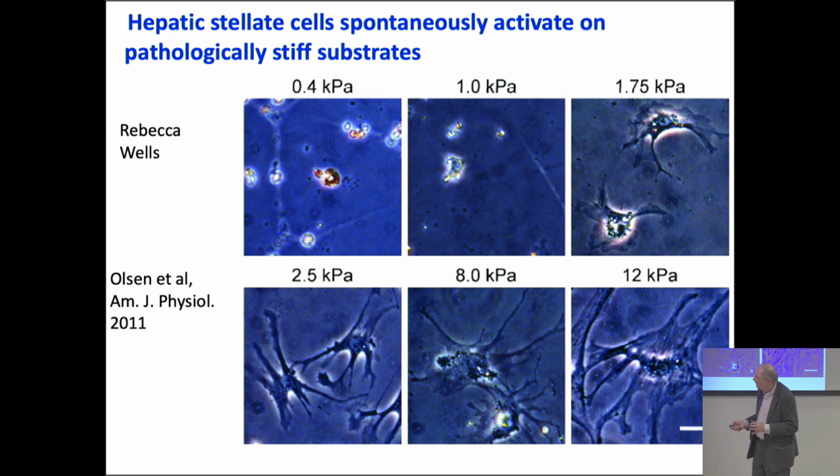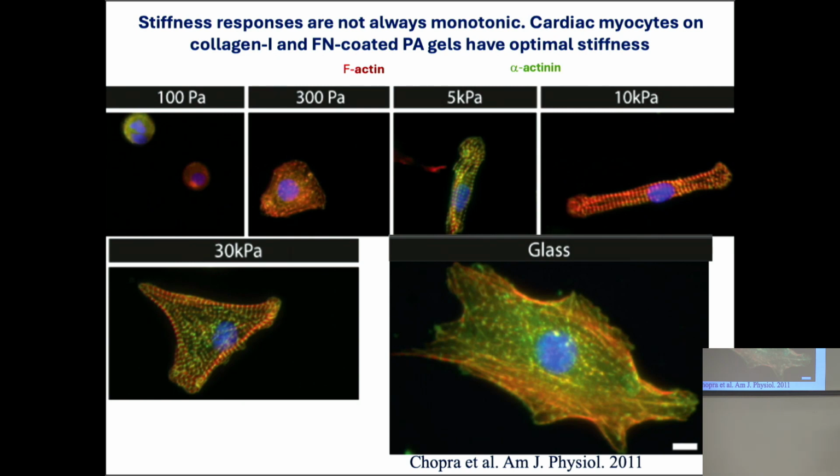And so we've been studying how long you could grow these, and can you now reverse the phenotype back to normal by reversing the stiffness changes. Sometimes you can, sometimes you can't. But it's a very big change. The other photogenic example of stiffness changes is in muscle: these are heart muscle cells taken from an adult mouse.